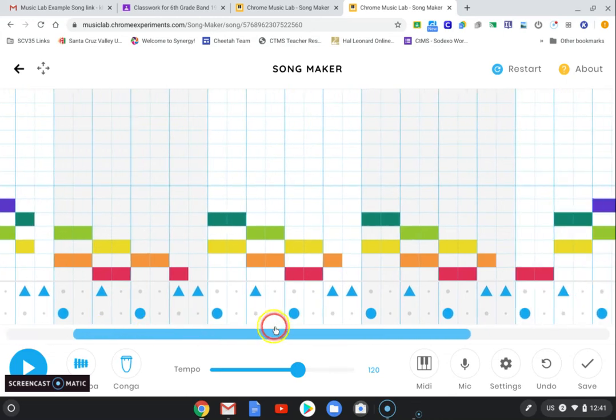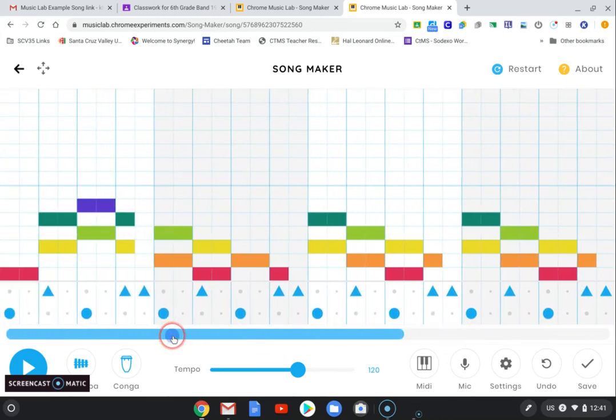Songs sound the best when there are patterns being used. If you fill in all of these boxes, which you should not do, it will not sound good. If you make random scribbles, it will also probably not sound very good. Okay. Your job is to use patterns and beat patterns to have a nice 4 or more bar song. When you're happy with the song that you've made, you can go to Save,